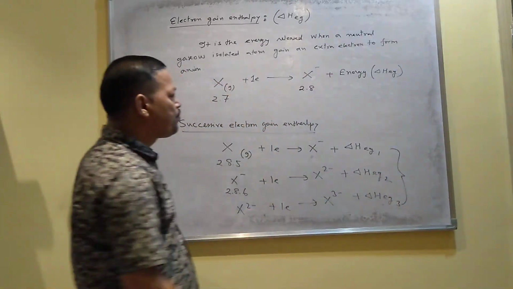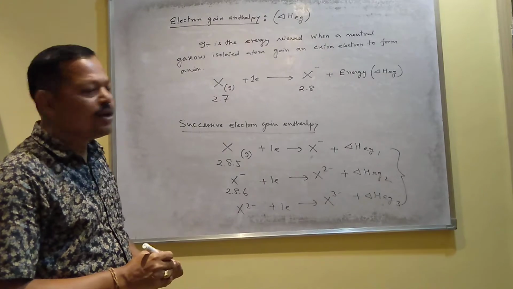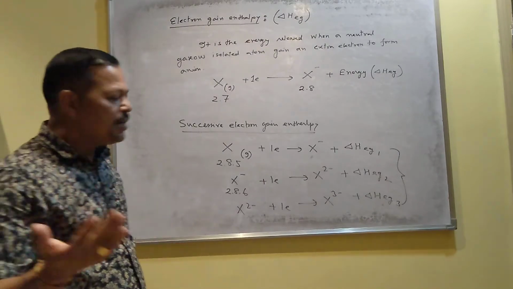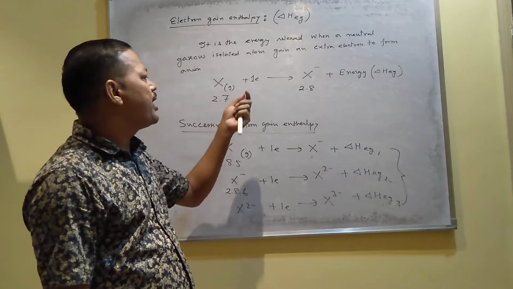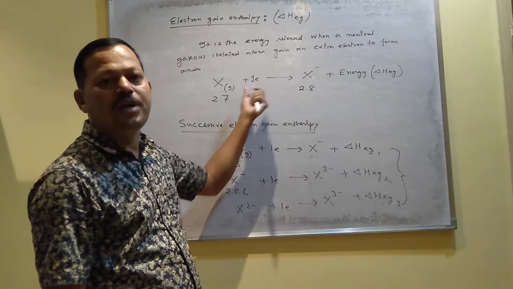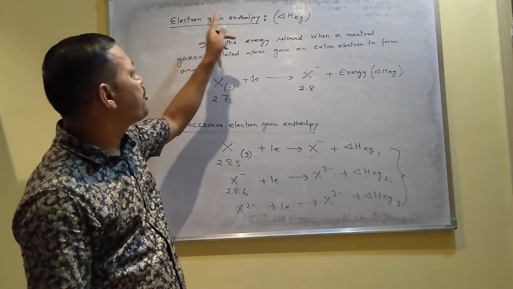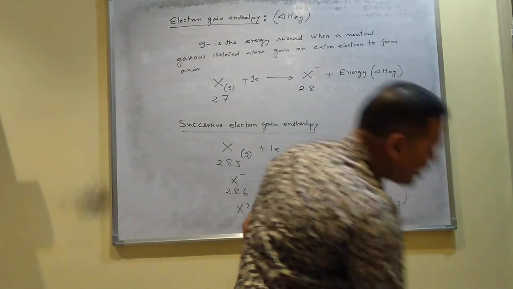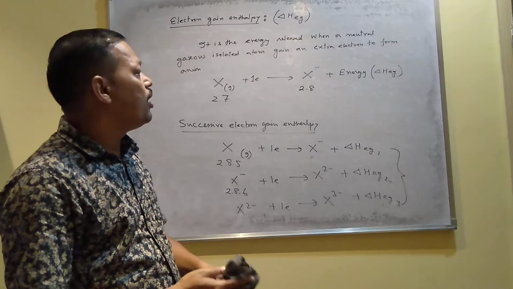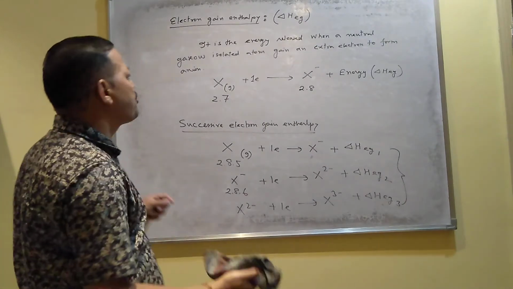These are commonly called successive electron gain enthalpy. In ionization enthalpy you have to remove the electron, and in electron gain enthalpy you have to gain the electron, and that's why it is called electron gain enthalpy. Ionization enthalpy is the required energy, but electron gain enthalpy is the releasing energy,